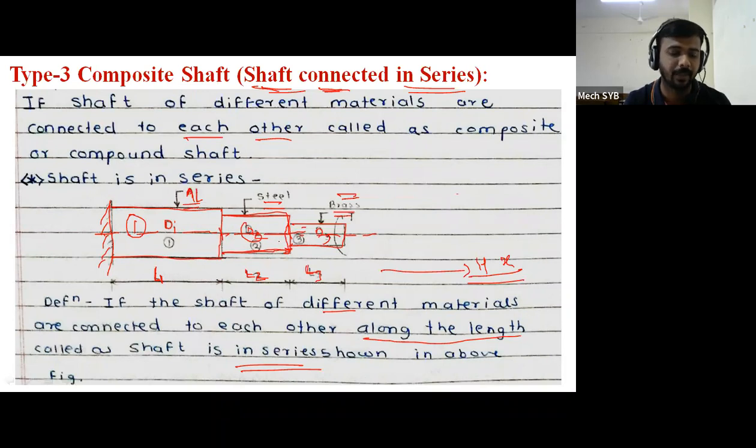If such conditions are given and one end is fixed and at another end the T amount of torque is applied, whatever the free end is present at the brass material, the side where the brass shaft is, that side is free,